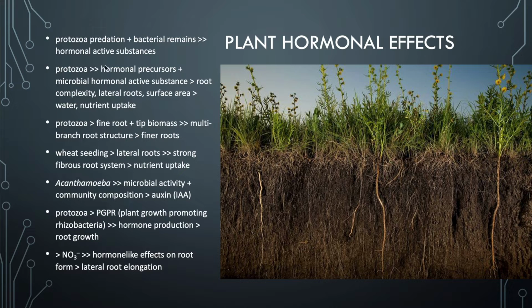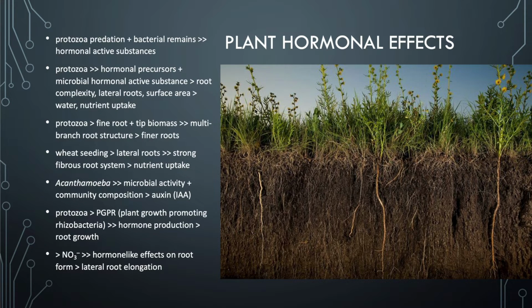The protozoa themselves actually create hormonal precursors, and these hormonal precursors and the microbial hormonally active substances increase root complexity, lateral root growth and expansion, and the surface area of the root system, and that increases water and nutrient uptake. So protozoa are absolutely essential predators of that microbial community around the plant root that stimulate plant